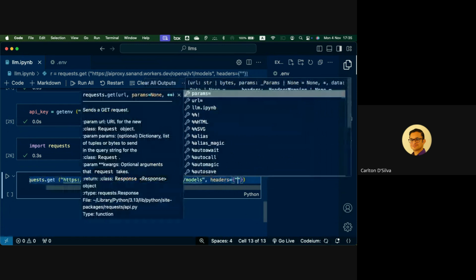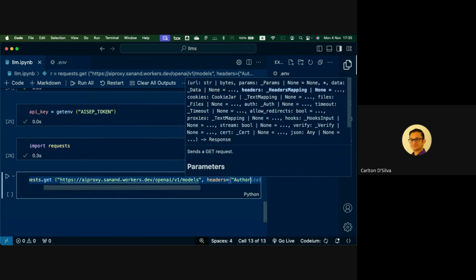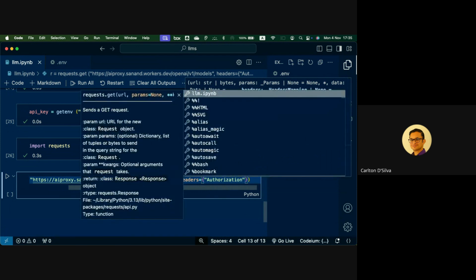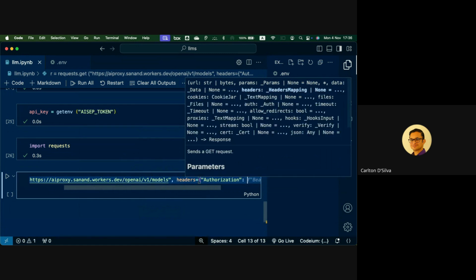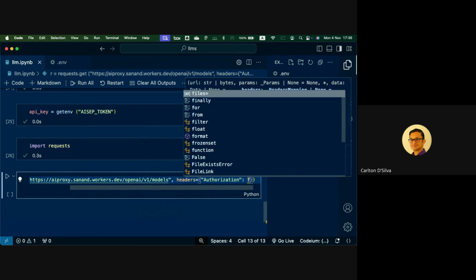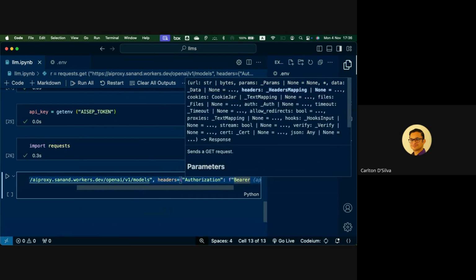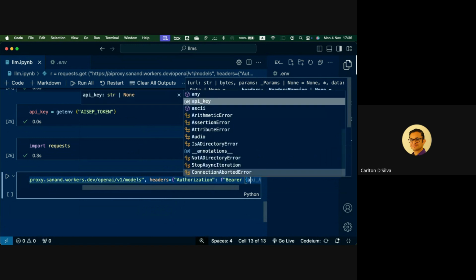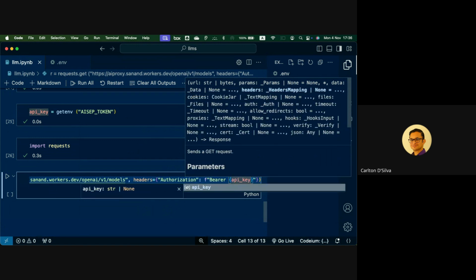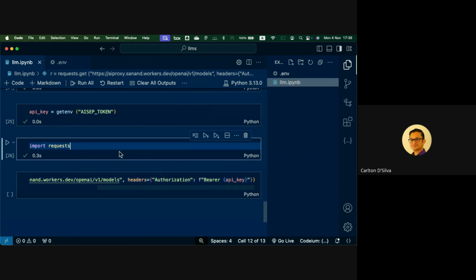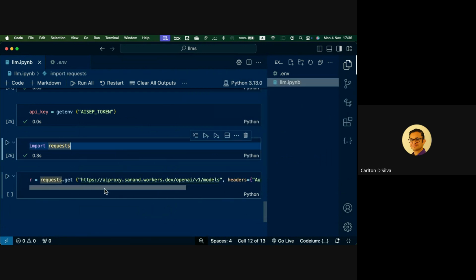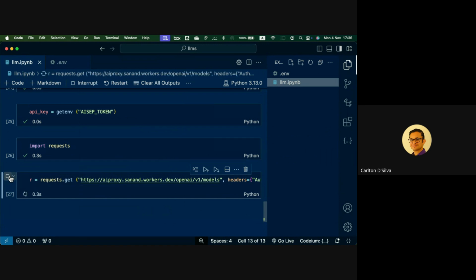So our authorization is what we require. Okay, so that's the URL and the header with the token that we require. So we'll go ahead and run this and see what happens.